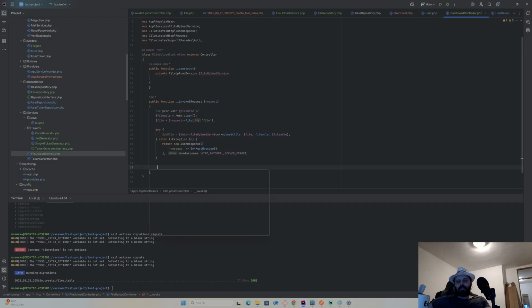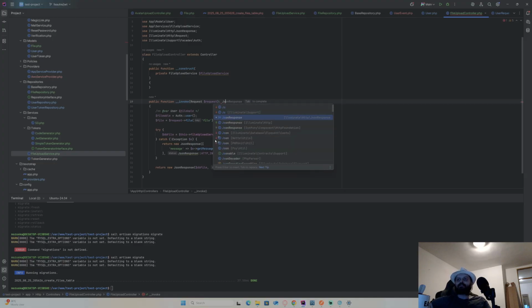Okay, if everything is okay, I'm just gonna return a JSON response. I think it will actually serialize my model automatically, because it's a model. I'm pretty sure the JSON response has some way to serialize models, so I won't do anything here, and I will just leave it like this. Alright, so at the moment it will be like this, right? So I will just use this fileable to be auth user.